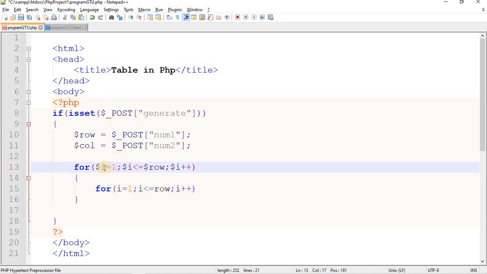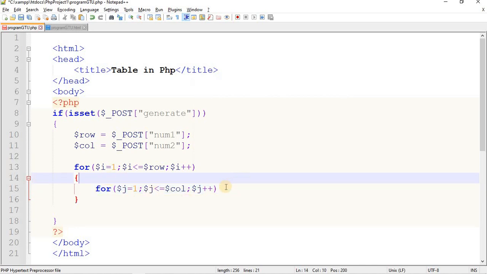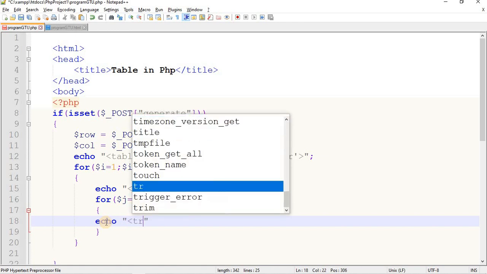But make sure this variable is $i. After that, it's $j over here, again $j, and now it's $column, it's $j, just like we have done in JavaScript. Okay, so this is the inner for loop. So what will come over here, it's code for table row. So it should be tr over here, and inside this inner for loop we will create a column for each particular row. So what will come over here is echo tr, not tr, it's